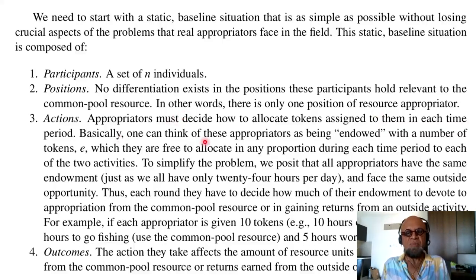Actions. Appropriators must decide how to allocate tokens assigned to them in each time period. Because it's an experiment, you deal with tokens. Basically, one can think of these appropriators as being endowed, so you get something for free to play, with a number of tokens E, which